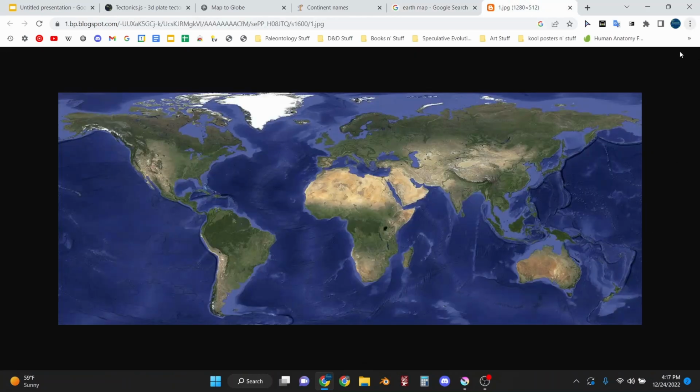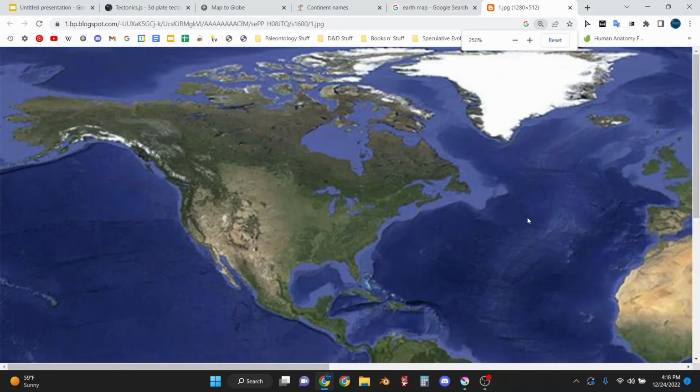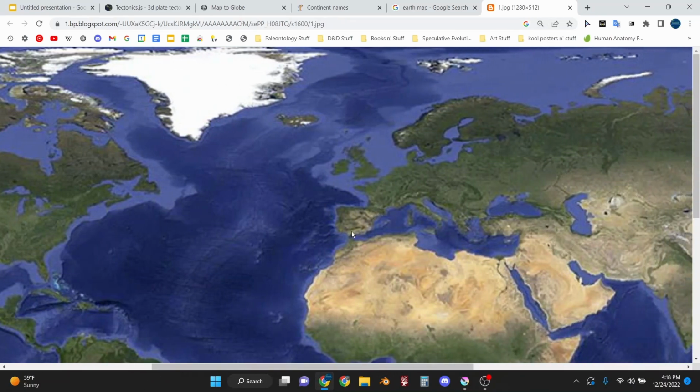Over here, we've already got a lot of things we can look at and hyper-analyze. But one thing that I really like to do is just look around the map and see if there's anything that I find interesting. And whenever I find something interesting, I grab that and use that as a part of my map. So let's start off first here with the Strait of Gibraltar. This is one of my favorite elements of Earth's geography right here.